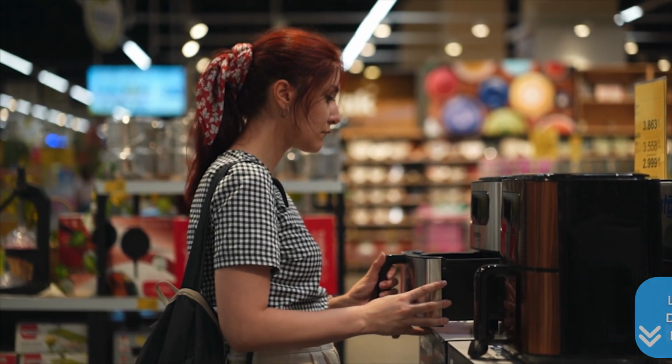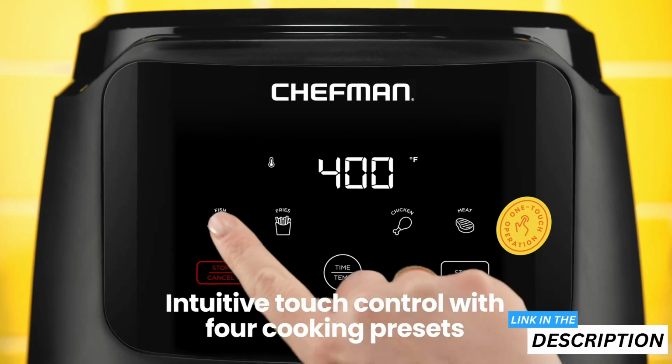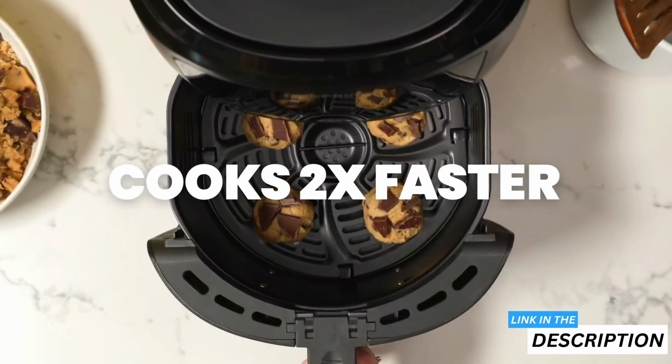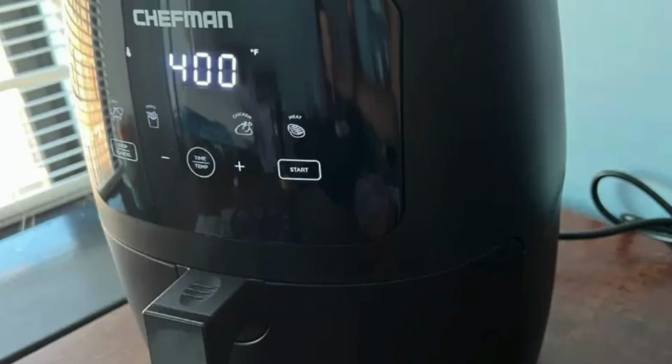The number 5 product on my list of Chefman air fryer reviews is the Chefman Digital Air Fryer, which I rate as the best Chefman air fryer for those on a budget. This 5-quart Chefman air fryer offers an impressive blend of convenience, capacity, and cooking performance that makes it a solid